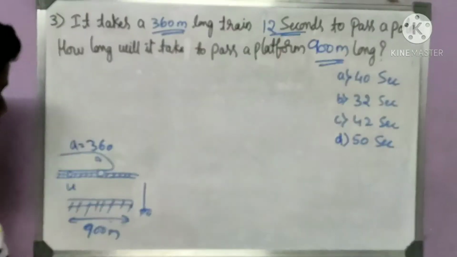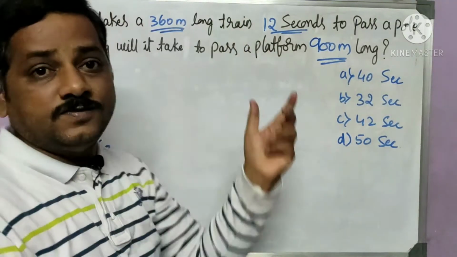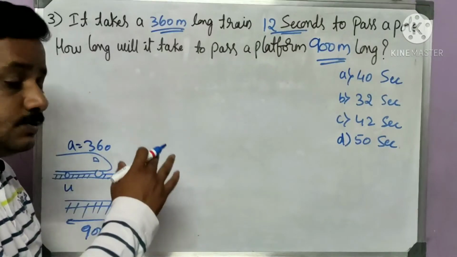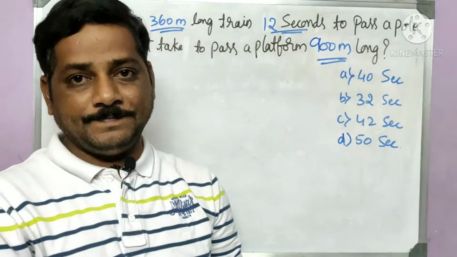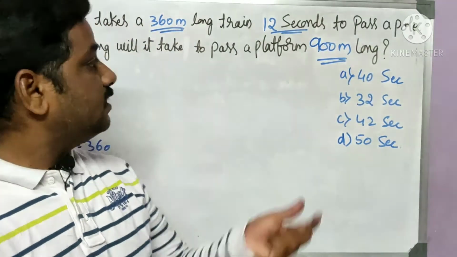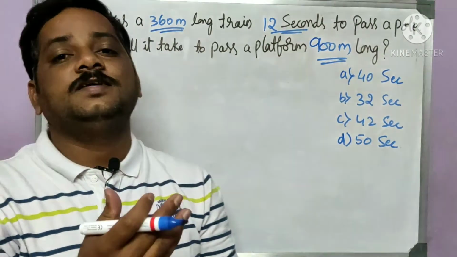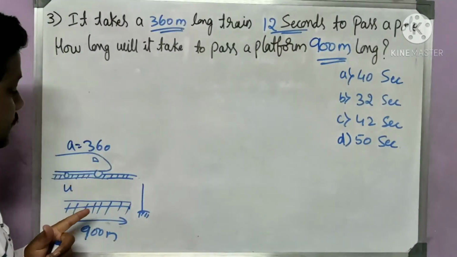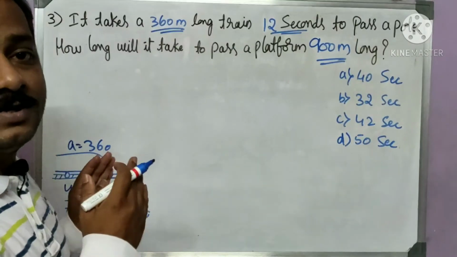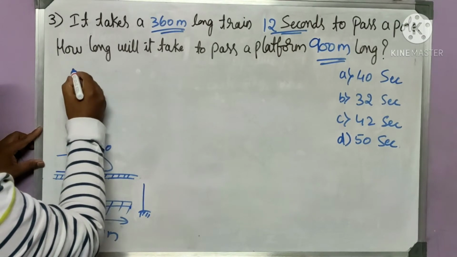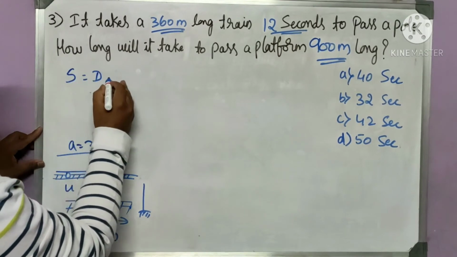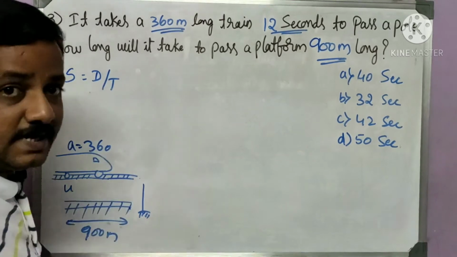So what you need to do is, we know the distance of train, we know the time taken by that train to cross this pole. Using that, I can identify the speed. So once you know the speed and we also know the distance, then you can find the time. So first what you need to do is, you try to find the speed of this particular train. So what is the formula for that? We have speed is nothing but distance traveled by time taken.